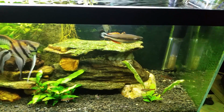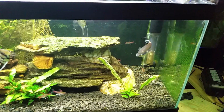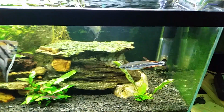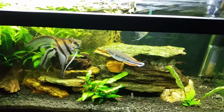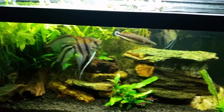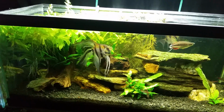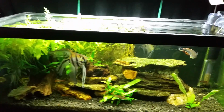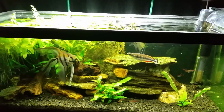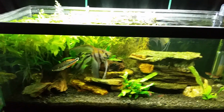And I think he bashed into something because he was swimming around all funny and up in the corner, and I really thought he was dead or dying. So I waited and I watched, and he sort of came around and started swimming again reluctantly, and then got back to swimming normally. So I think with the addition of the other fish, a little bit of fighting was going on, a little bit of reestablishing the pecking order, and in that process, that rainbow fish must have gotten